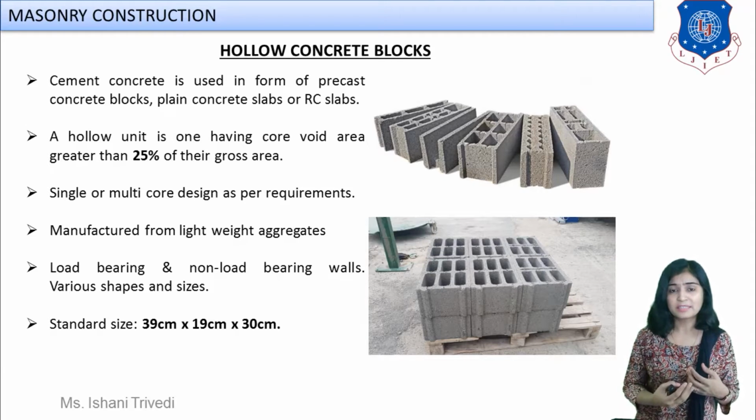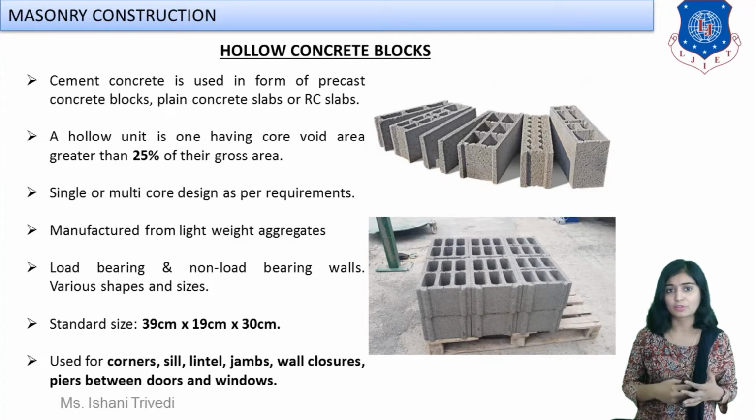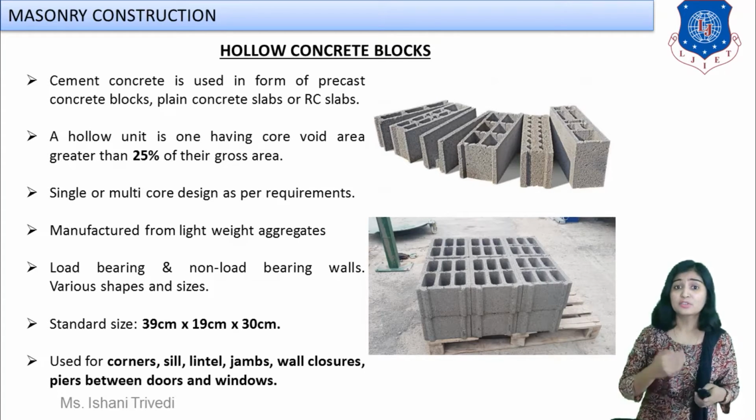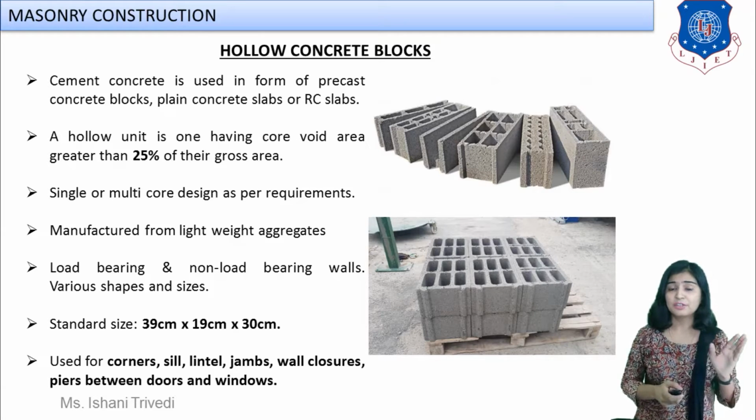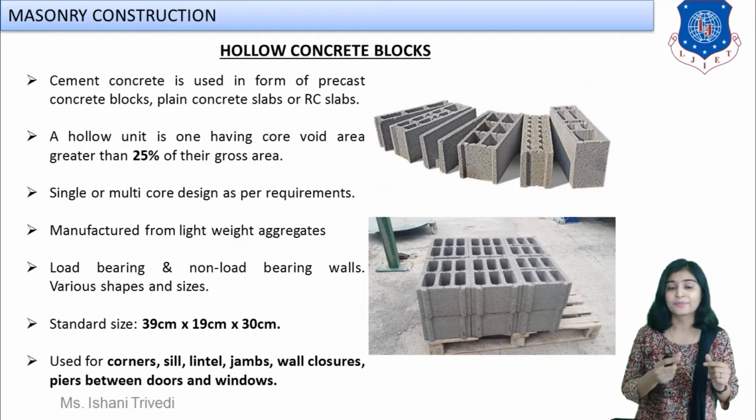Since they are precast blocks, we have to make molds for casting them, with different sizes and shapes and different dimensions. Molds have to be designed for the same. Standard molds are also available, right? Using them we construct different types of hollow blocks. Now why do we call them hollow blocks? Because you can see that the center portion of the block is kept void, kept empty.